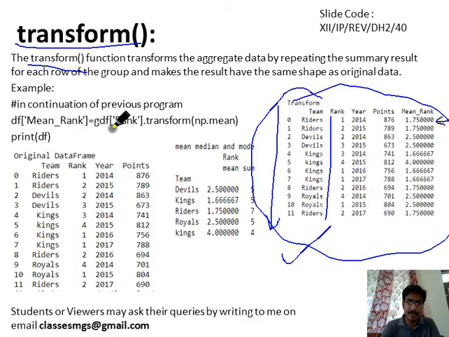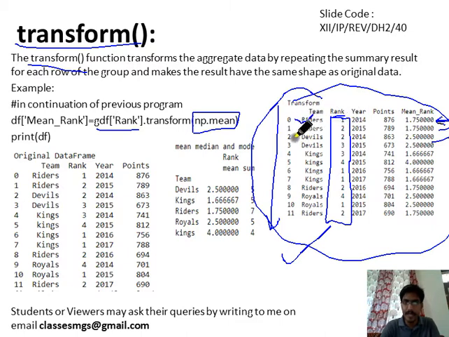Like if we want to display the mean of the rank column in front of each and every row, we want to display the rank column mean of every group.